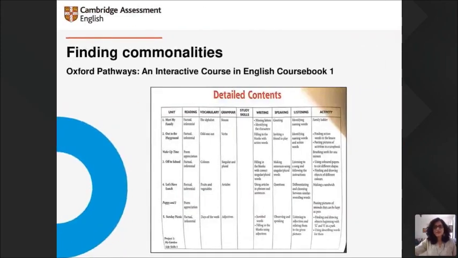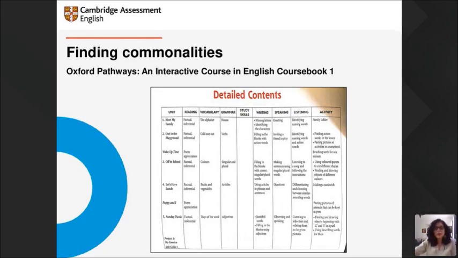Now, in front of you, I will present the detailed contents or the index of Oxford Pathways, right? Which is an interactive course in English, and this is for grade 1 learners. So, this is a course book which many schools use, and I've just chosen it. But almost all course books which come these days, they could be Macmillan or Oxford or Cambridge, but